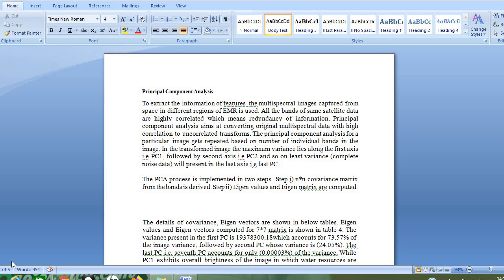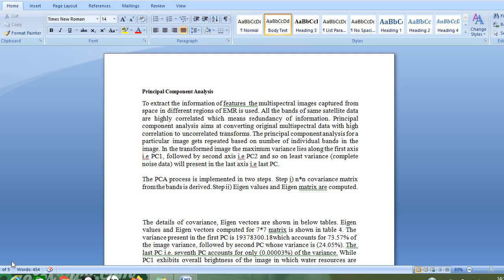8 OLI. Now, the theme of principal component analysis is that it will say how much amount of similar data is there in band 1 and band 2, or it will compare all the bands and say how much amount of similar data is there and how much amount of variance data is there between two different bands. Means it gives the information about the variance of the information between multiple bands.